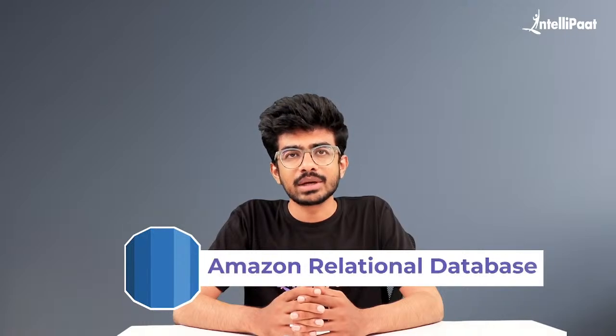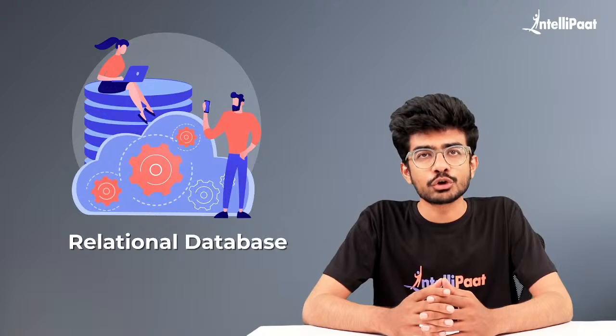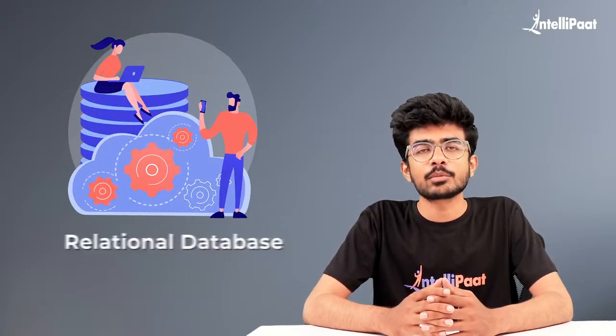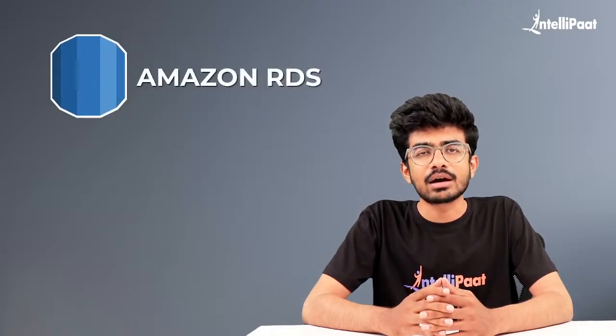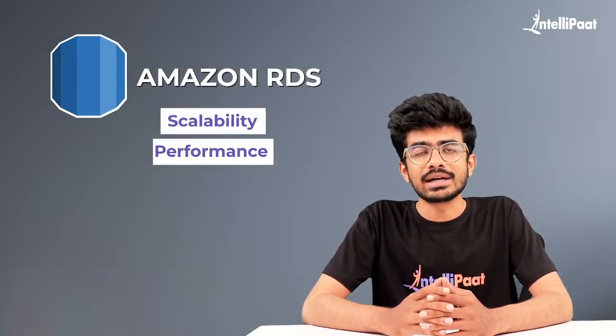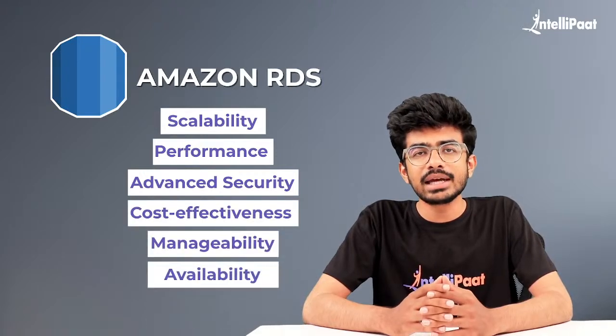AWS RDS is short for Amazon Relational Database. If you have a relational database to manage, RDS does that for you. You can connect your database to any of the 7 engines that are provided by AWS, which include PostgreSQL, MySQL, MariaDB, Oracle and many others. Some of the features of Amazon RDS are lower administrative burden, scalability, performance, advanced security, cost effectiveness, manageability, availability, and